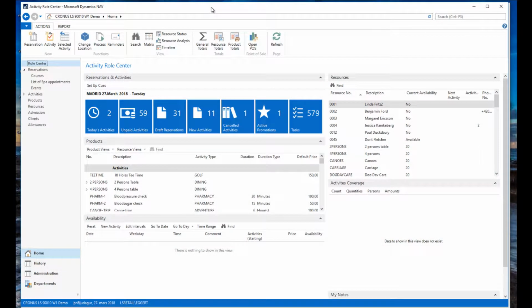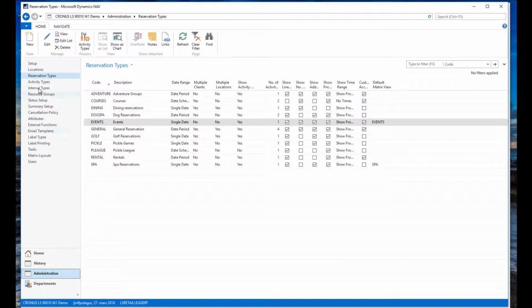In this video, I will demonstrate the deposit settings and the processes related to the deposit handling in LS Activity. So just to go through what needs to be set up, if we go to the administration part and on